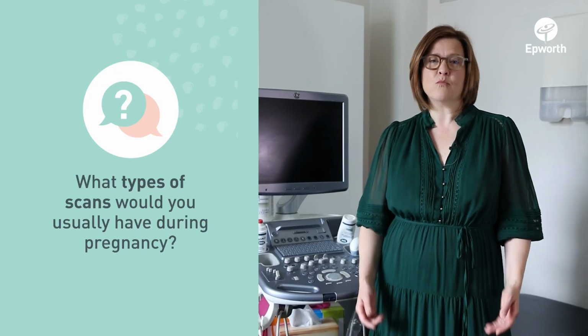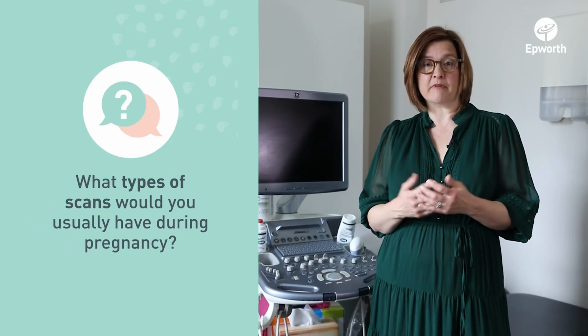We love to look after women in pregnancy. There's 4 types of scans in pregnancy. One is the viability scans that are performed usually by us when we see you for that first obstetric visit. That's a scan to check that the baby's got a lovely heartbeat, and that's when sometimes miscarriage is diagnosed. And at that scan we also measure the size of the baby so we can accurately estimate the due date